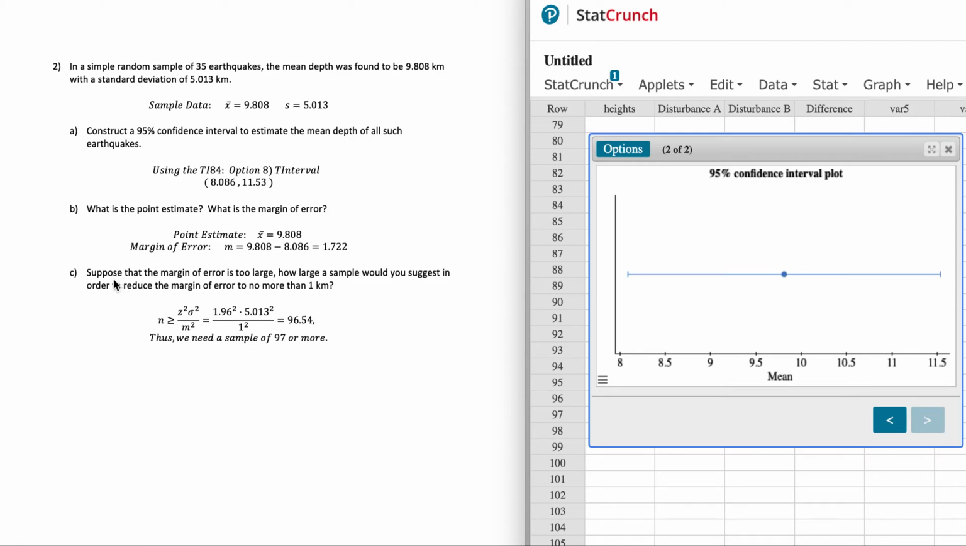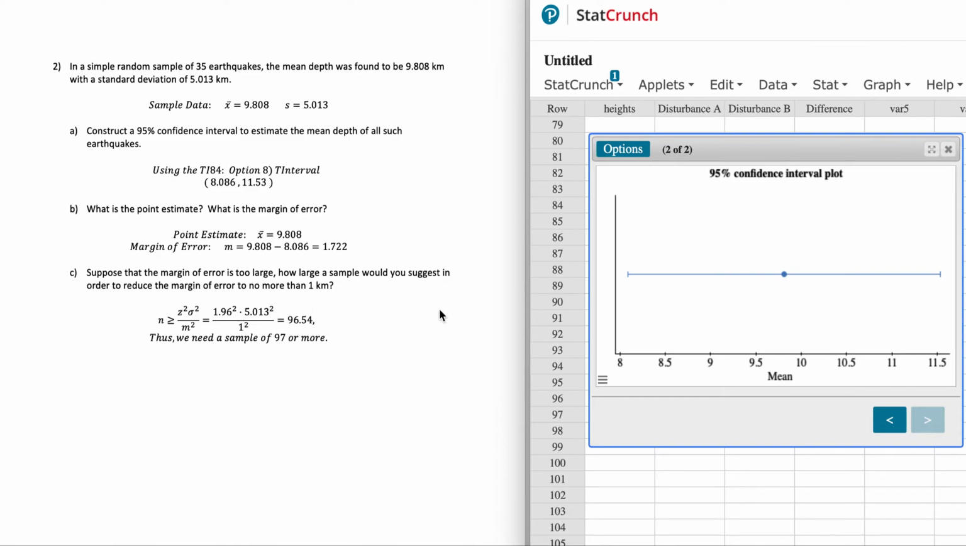In part C, suppose that the margin of error is too large. So 1.7 is too large. How large a sample would you suggest in order to reduce the margin of error to no more than 1 kilometer? So here's the formula that we learned. And so at 95% confidence, the Z value is 1.96. Sigma we don't have, but our best guess right now would be somewhere close to the 5.013, so we'll use that. And the margin of error that we want, the M, is 1 kilometer,